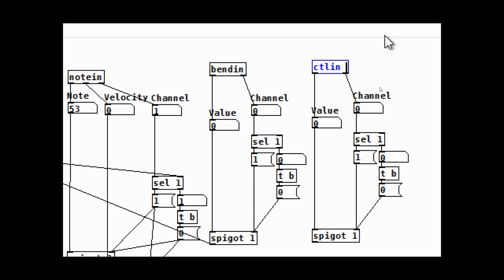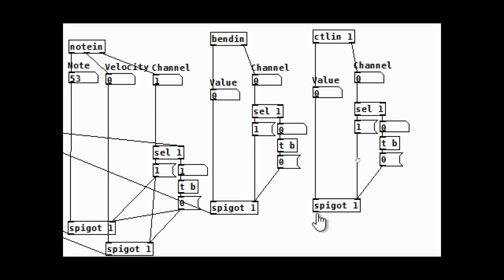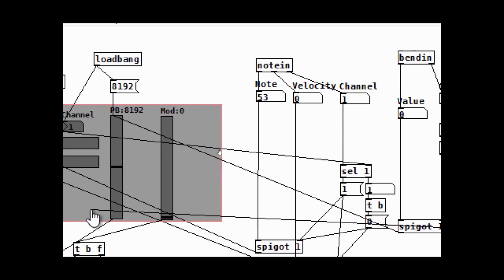I'm going to put 1. Otherwise, you get 3 outlets on this. But here, mod wheel is MIDI controller number 1. So this means only mod wheel information will be received here. Still has channel. And then, of course, its value 0 through 127 comes through there. And we have our spigot set up, so we need to